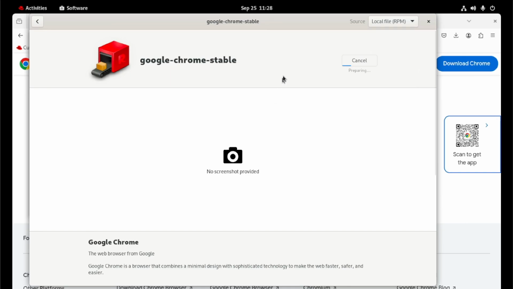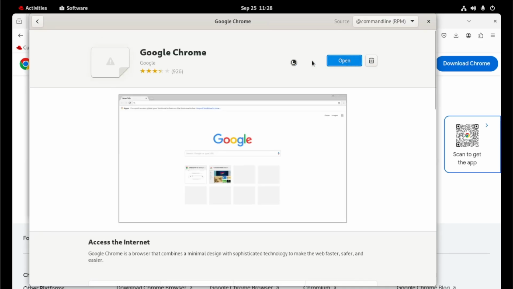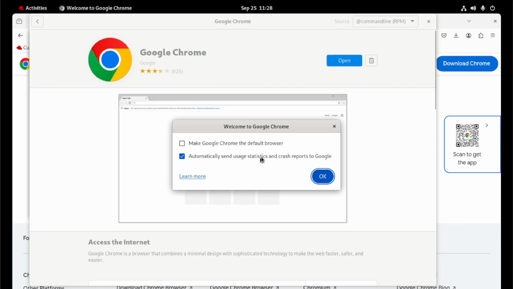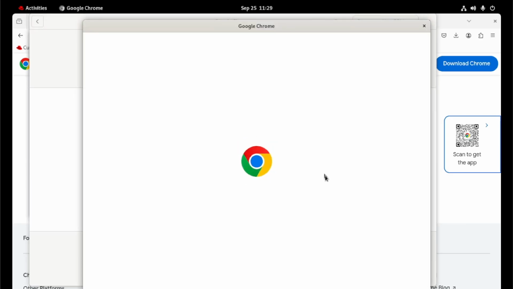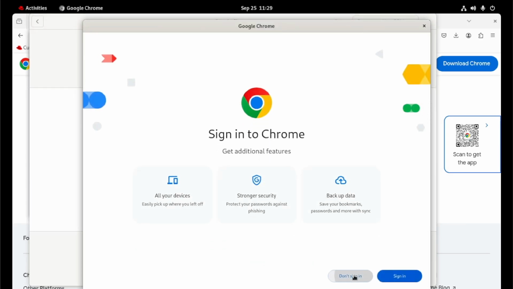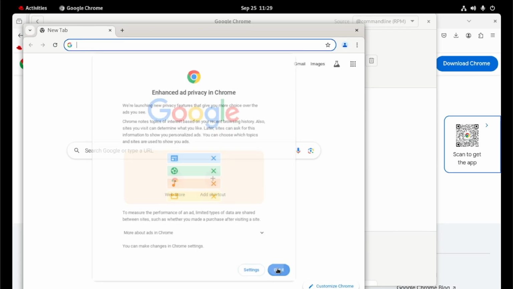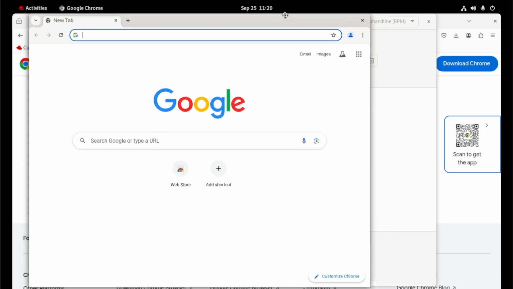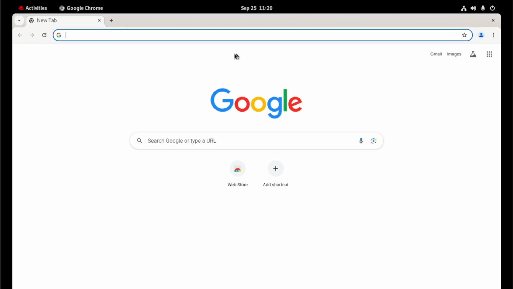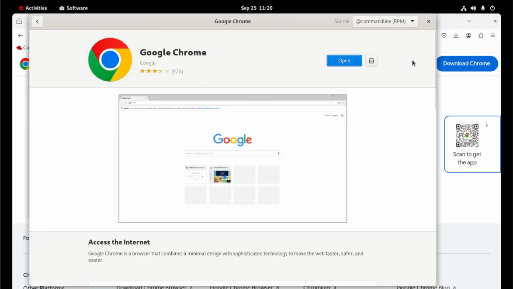Put your password. Installation was completed, and now we can open and check if was installed properly. Okay, the Google Chrome is okay, close.